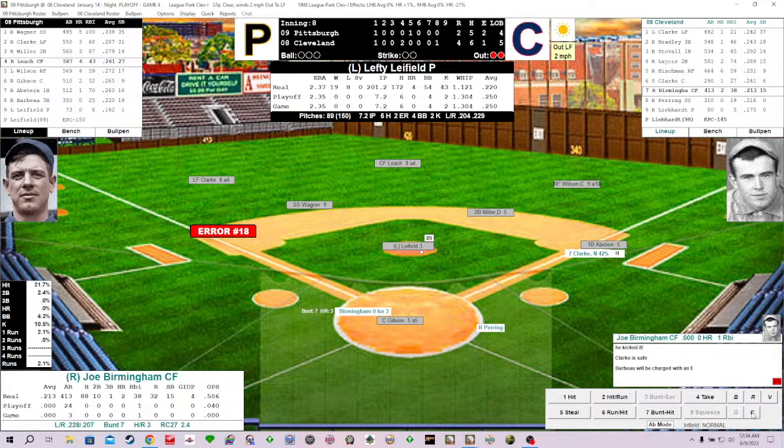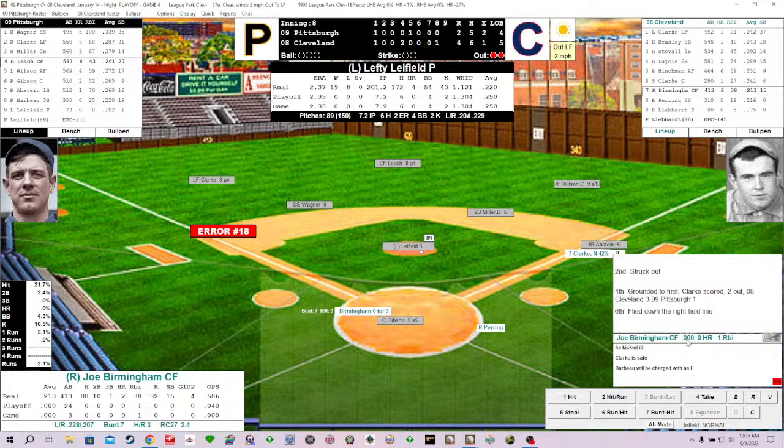So, huge error. If there are 2 GOATs in this game, and we're not talking about the way we use the term GOAT now, but what it meant then, it's got to be Gibson and Barbeau. Gibson with the base running gaffe, and now Barbeau with a huge error with 2 outs here in the top of the 9th.